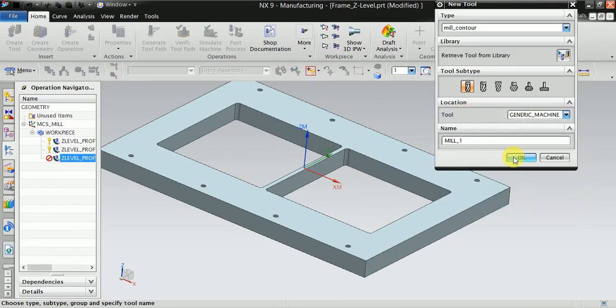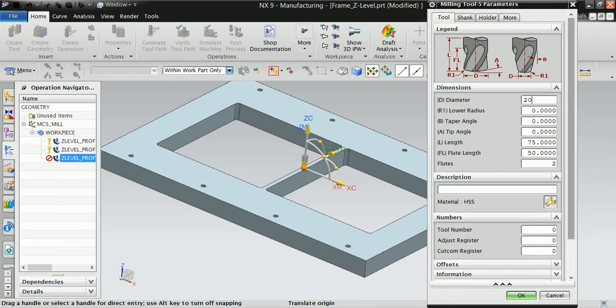Okay, 20 mm end mill used for the finishing. Now flute length 120, total length 150, and now flute length 120.